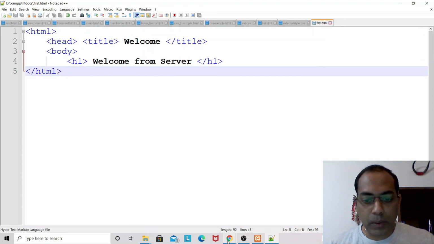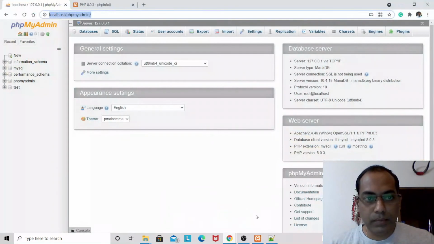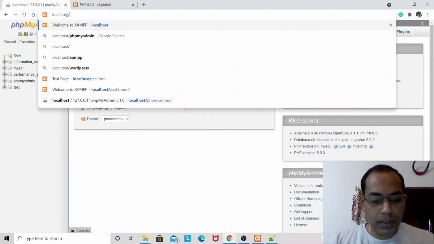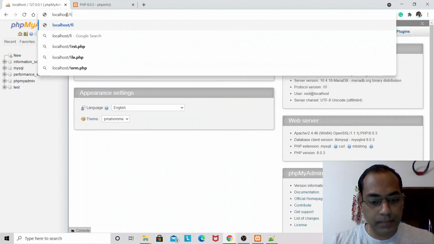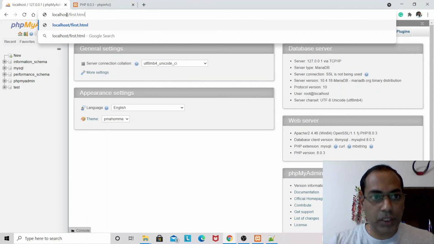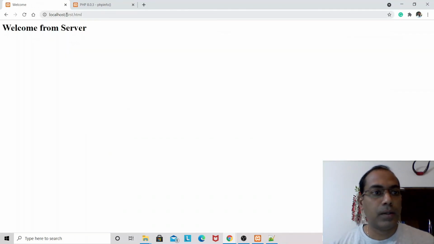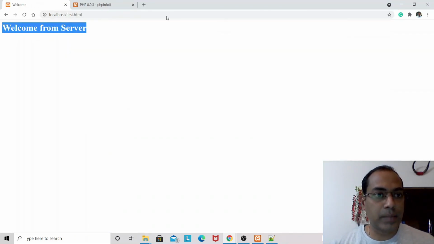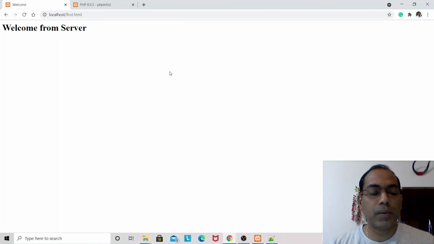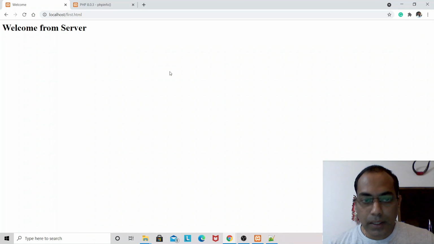I'll go back to the browser. Here I'll just say localhost first dot html. You can see this file has been loaded. So this is how you configure XAMPP on your machine and run and test your HTML or PHP files.